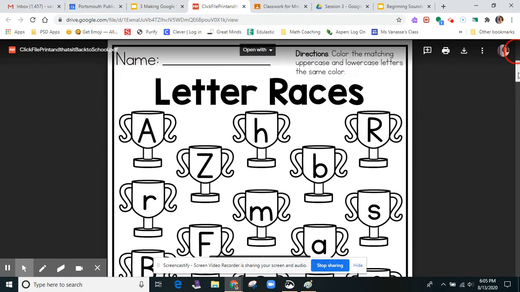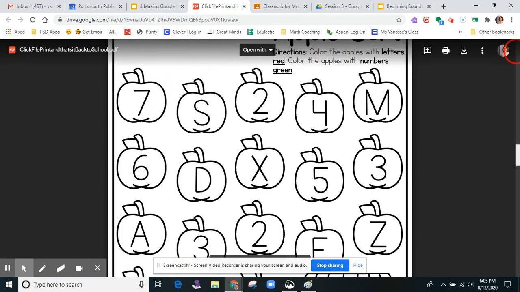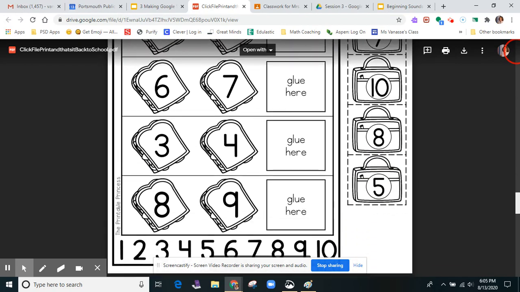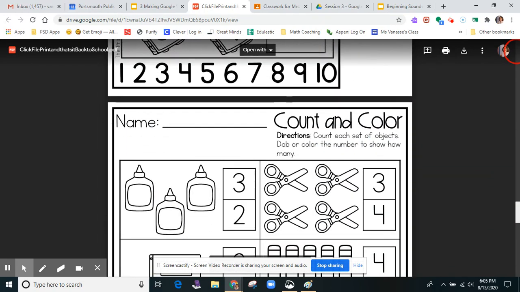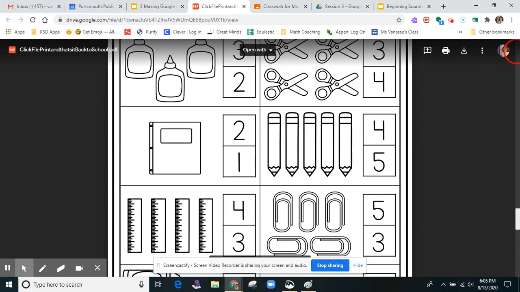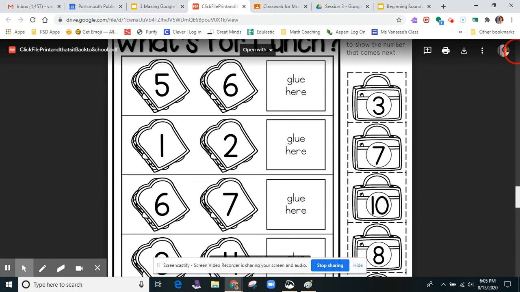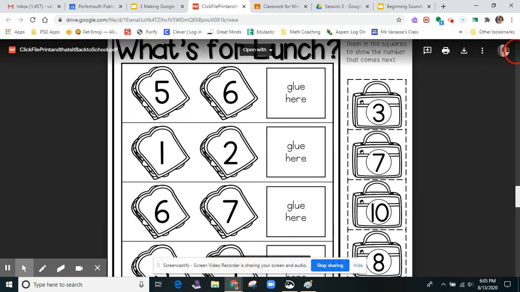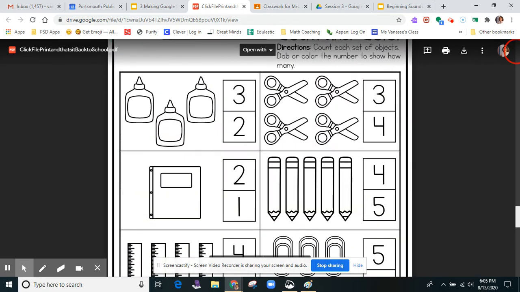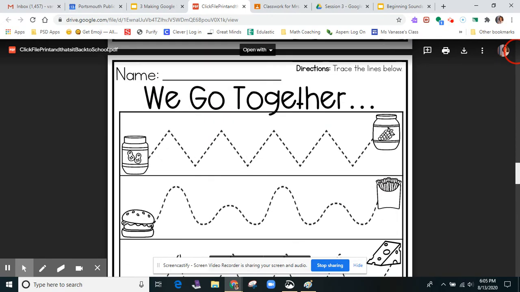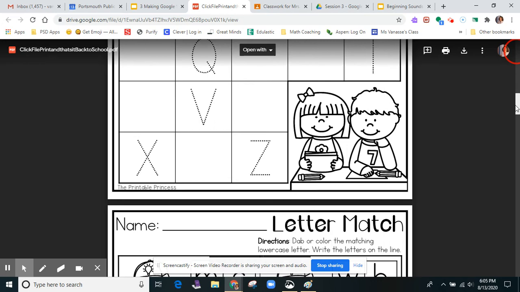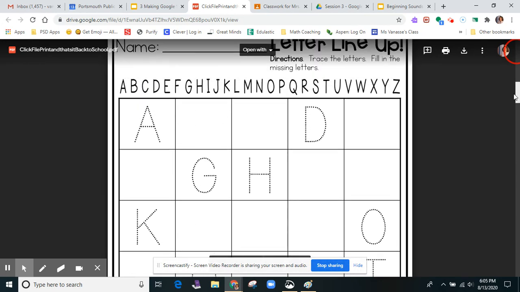All right, let's look for something that we can add to our work. Let's add the letter lineup. We'll insert